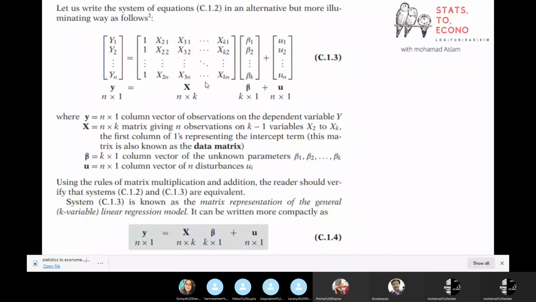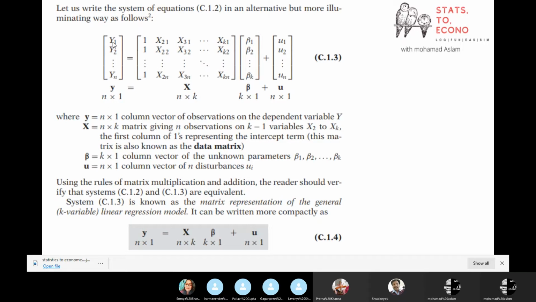Now in matrix, for multiplication and all other properties, the dimensions of the matrix are important. You can only multiply the matrices when the number of columns of the first matrix is equal to the number of rows in the second matrix. Then only you can multiply the matrices. Otherwise, you can't multiply. This is the basic of matrix multiplication.